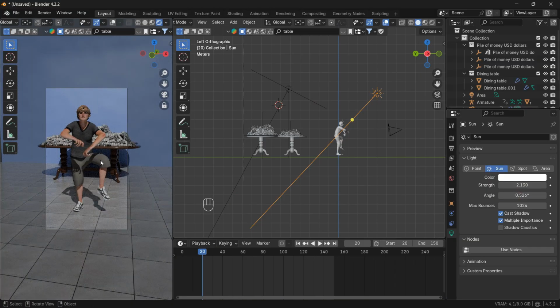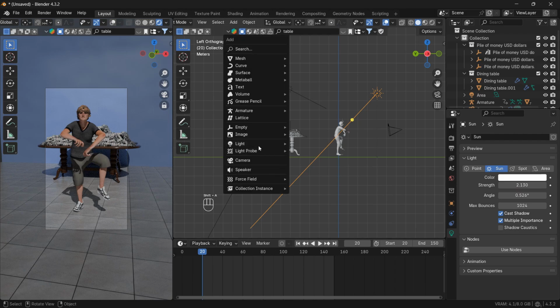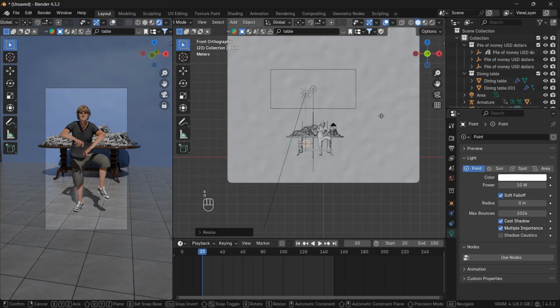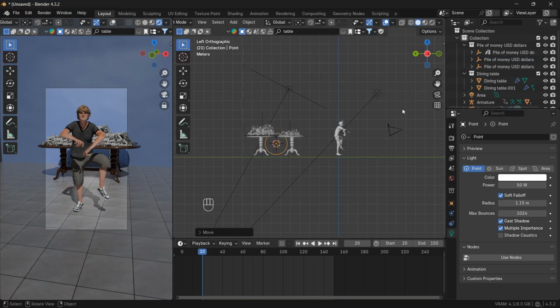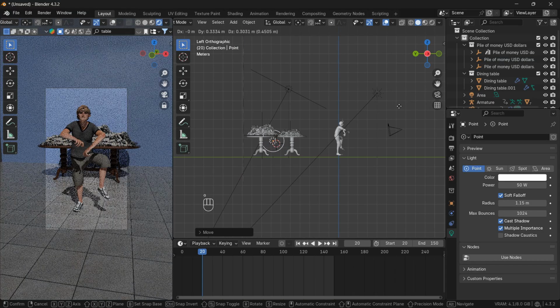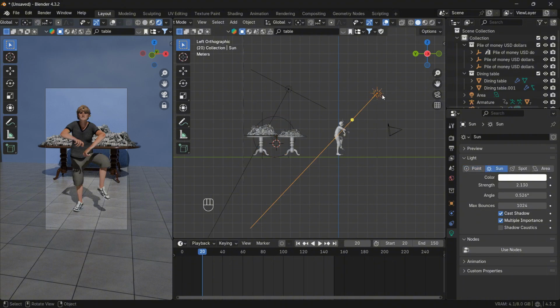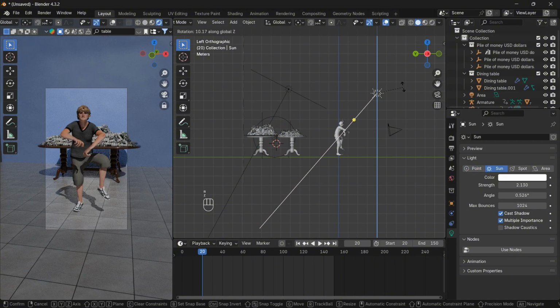We can also add maybe a spotlight over here and increase the radius and increase the power. So the shadow you can see of the table, it will minimize. Increase the power up to 100 and increase the radius. You can see now it is looking better. For the sun, we can simply